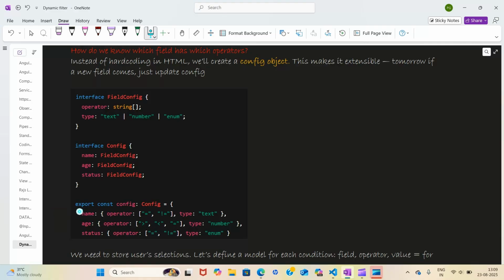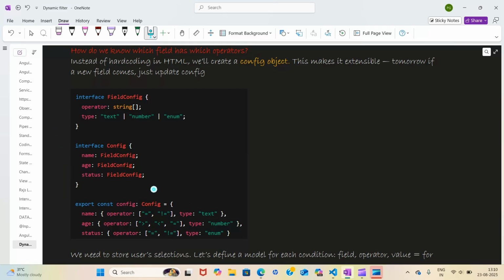So this name is my field, right? This age is also my field. So for these fields, I want to tell the type of operators and type, because operators will have an array of string, which will have different values.